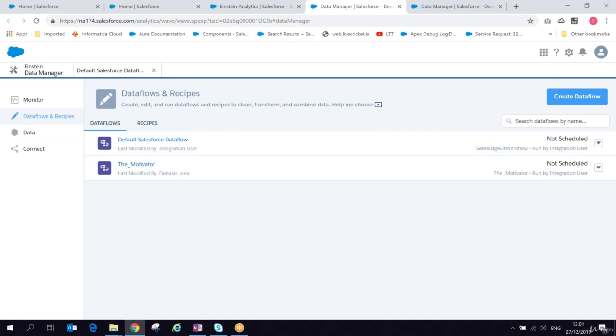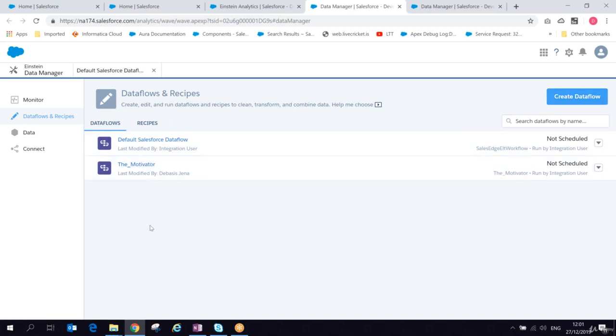When I say data flow and recipe, what is it? Okay, so what are the data flows we are going to create? Like how the data is going to flow, at what time, from which data set or from which database to my Einstein platform. It may be from external or it may be from the Salesforce local database, from where I'm going to flow it. So to make any changes or to create a new data set, we come to data flow and recipe. If you want to create a data flow, I have a button here. You can click and you can create. Whatever data flow you have,